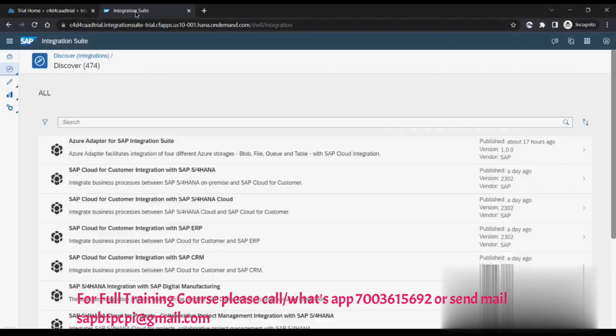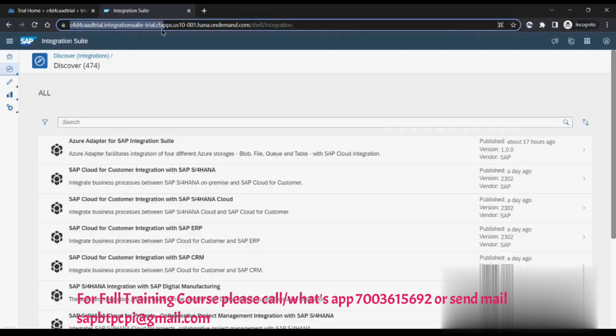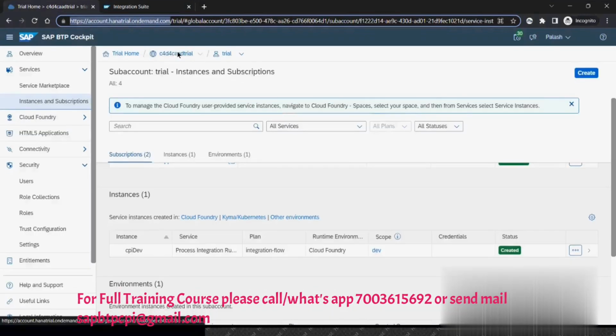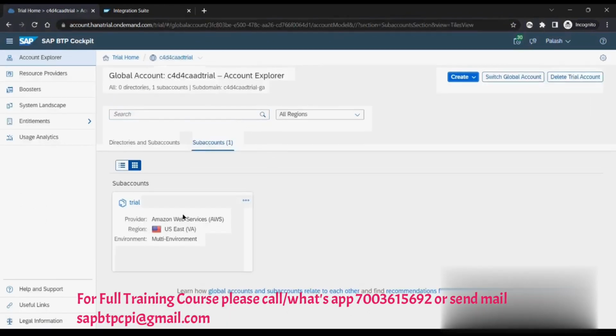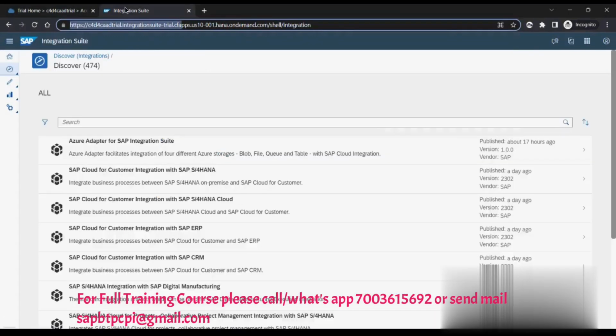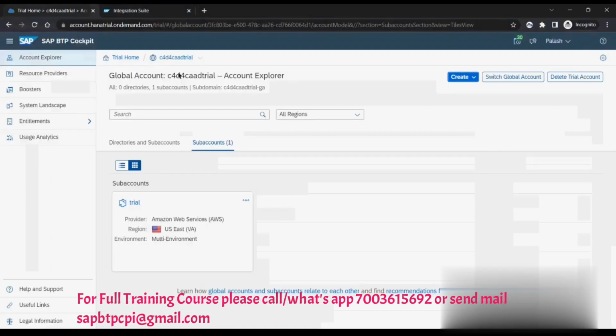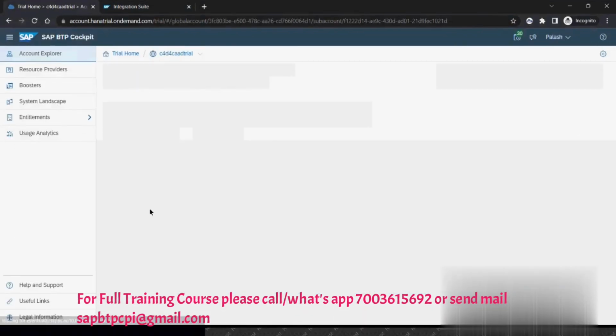But whenever I add this capability, if you see, this URL is basically your tenant URL. So this is unique for your sub account, and this is unique for your capability, right? If I go there,